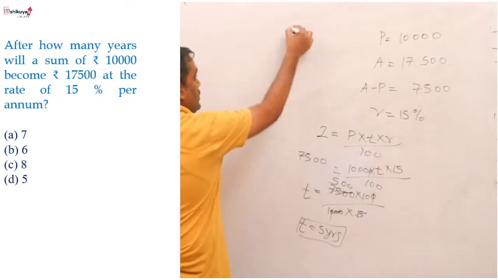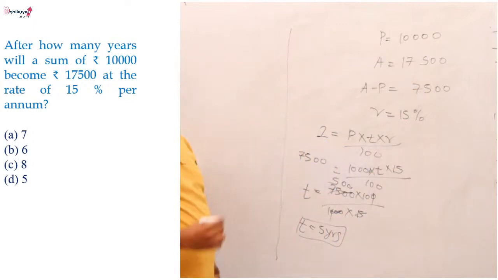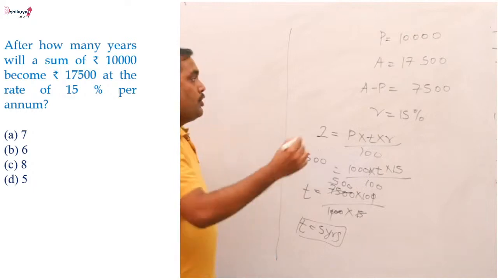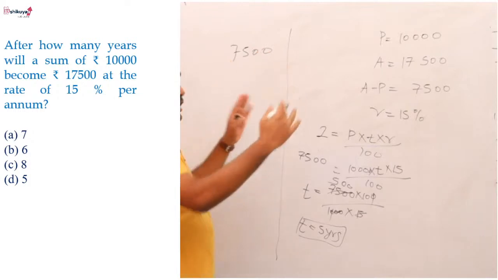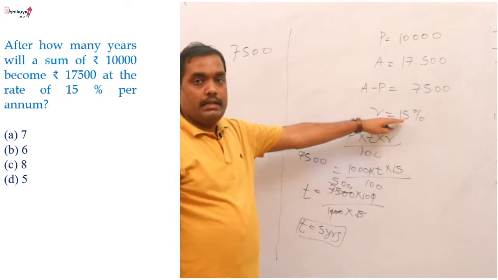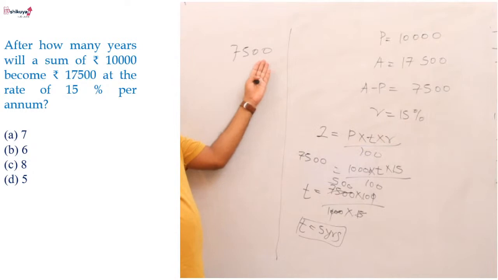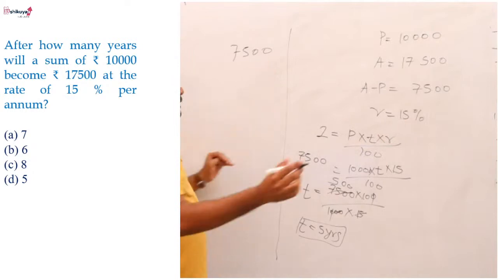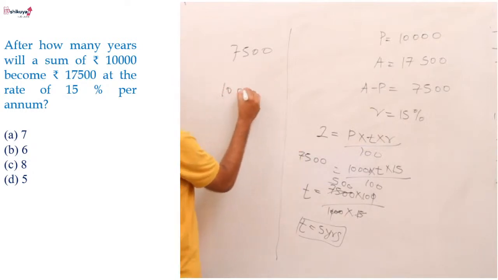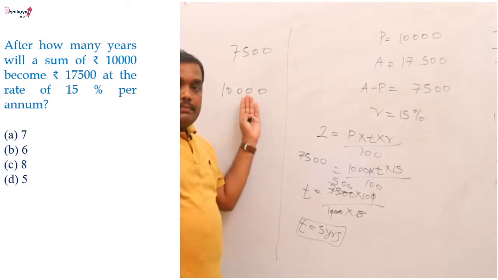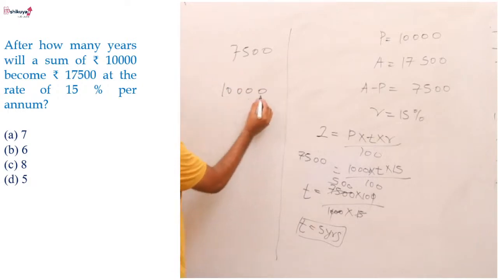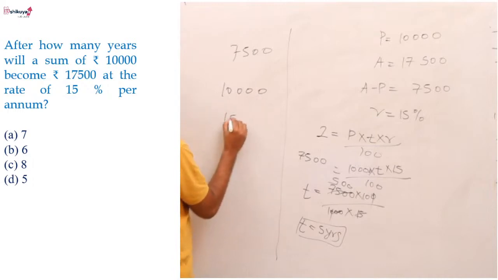We can solve this problem by using other logic also, by using percentage. How can we see that? Here the total interest amount we are getting is 7,500. The rate of interest is 15%. The principal amount is given as 10,000, and the rate of interest is 15%. So 15% of 10,000 is nothing but